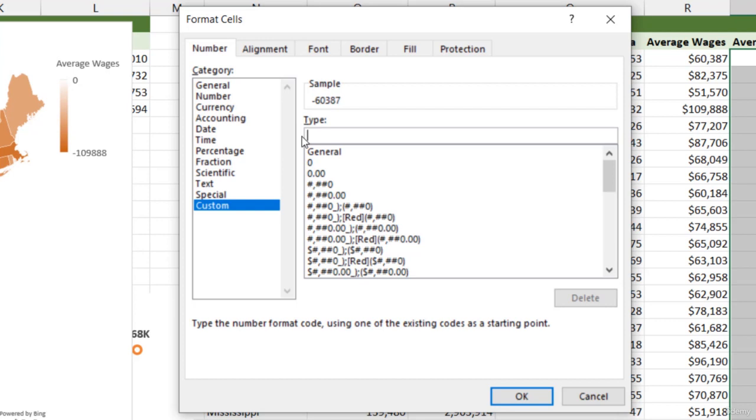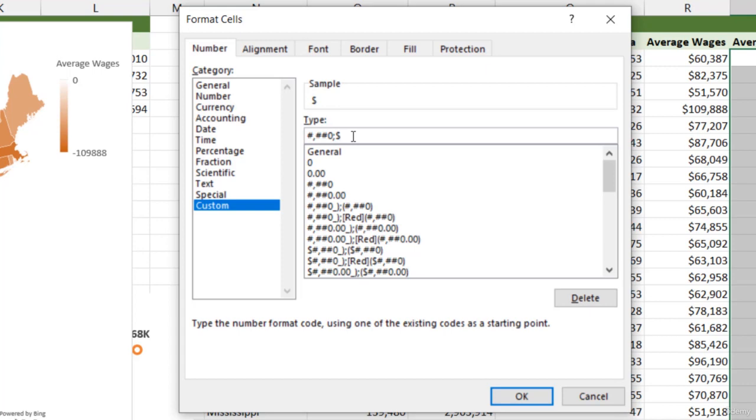So since the employees per capita are always going to be positive, we can use any formatting. Let's select this regular number format. And if we press a semicolon, now Excel is asking us how we want to format our negative values, which are average wages. So we can copy this formatting here,